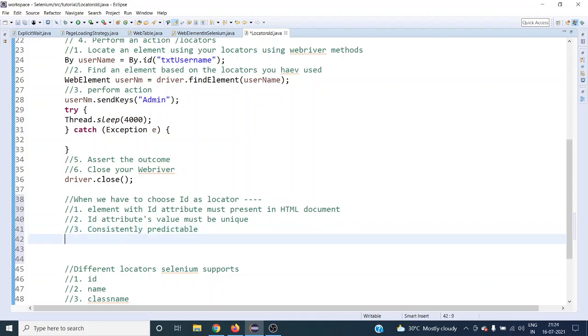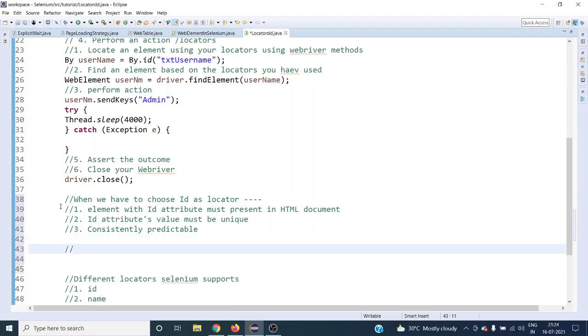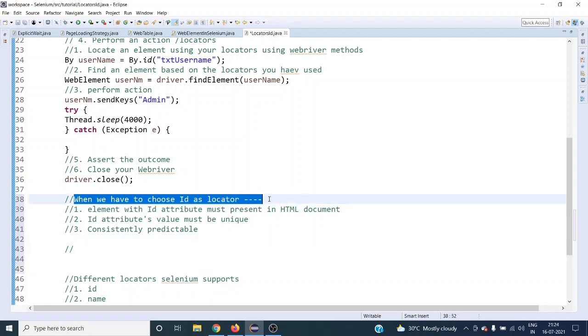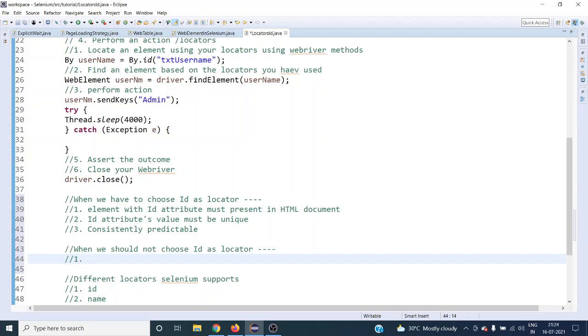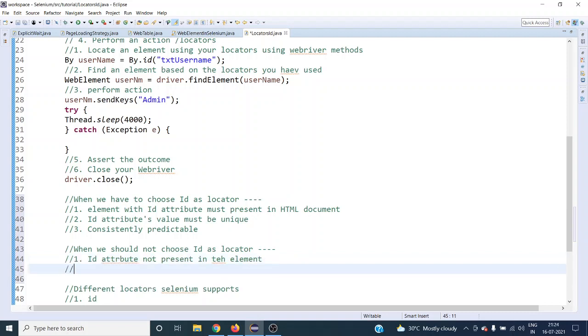So this is when you go for your ID locators. Now let's see when we should not choose the ID locator. The first and foremost thing, obviously, is if the ID attribute is not present in the element, then we cannot use it.